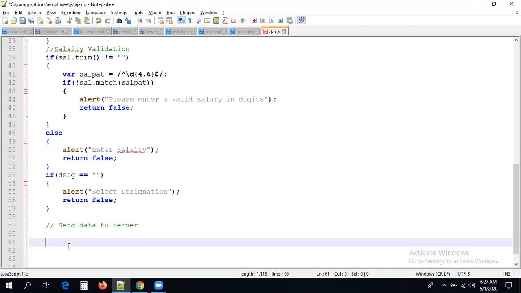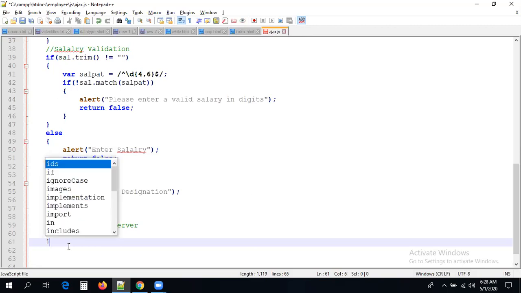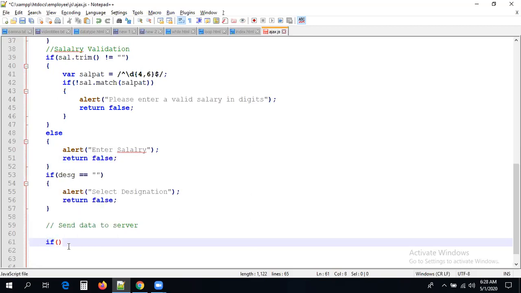It's nothing but we have to create an XMLHttpRequest object. We are using JavaScript, and in JavaScript we have an Ajax object called the XMLHttpRequest object. We already saw it in the Ajax sessions. If you want to work with that object, first we need to create it. While creating, first we need to check whether the browser currently being used supports that object or not.